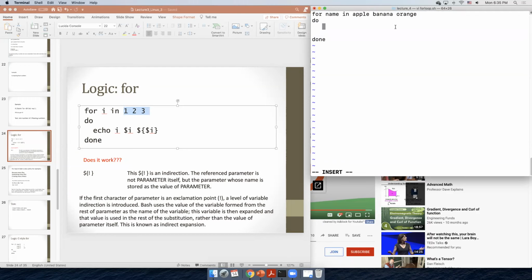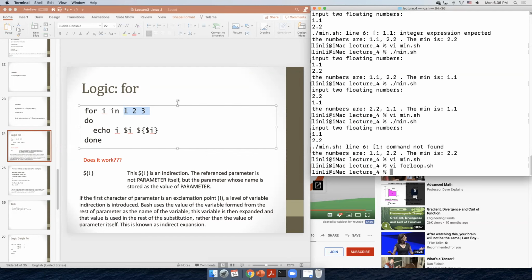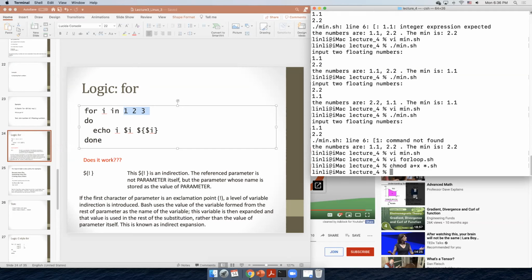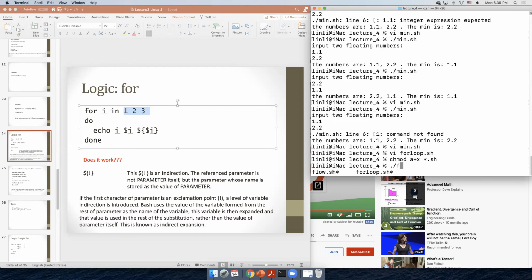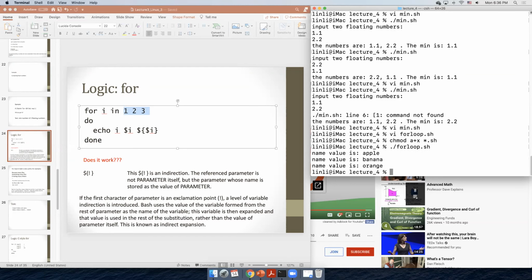between do and done. Let's say echo value is $name. Okay, we just run a simple command in the do block. Give it permission. Let's run it. For loop. Then you will see it's